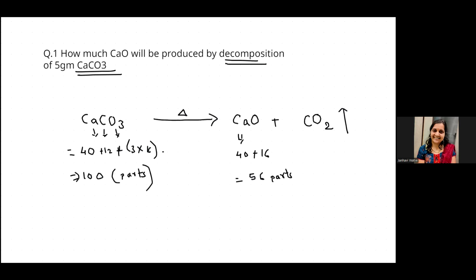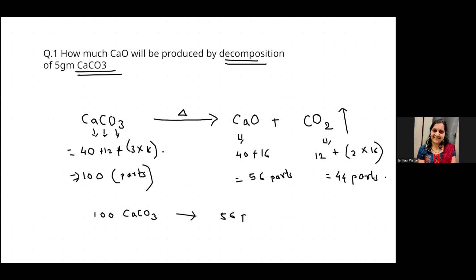There is no question about CO2, but let's solve it. 1 carbon is 12, 1 oxygen is 16, and there are 2 oxygens, so 12 plus 16 into 2, which gives 44 parts. Now you can say that from decomposition of 100 parts calcium carbonate, you will get 56 parts